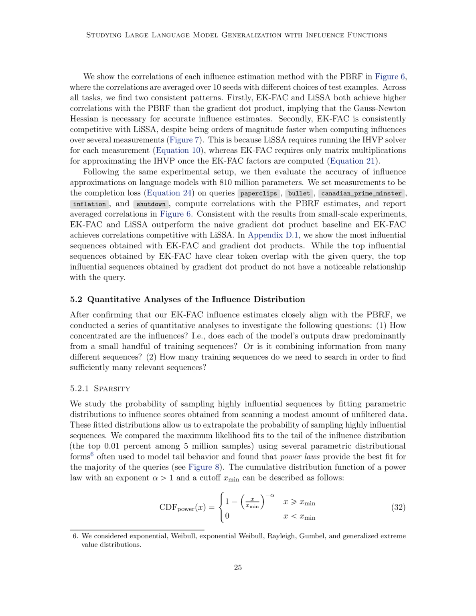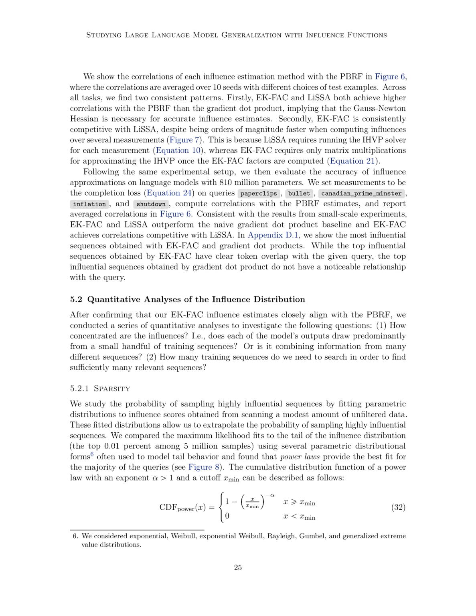Concentration of influences. We aim to understand whether the model's outputs heavily rely on only a few training sequences or if they combine information from a wide range of sequences. Number of relevant sequences. We investigated how many training sequences we need to examine to find a sufficient number of relevant sequences. To study these aspects, we began by looking at the probability of selecting sequences with high influence scores.